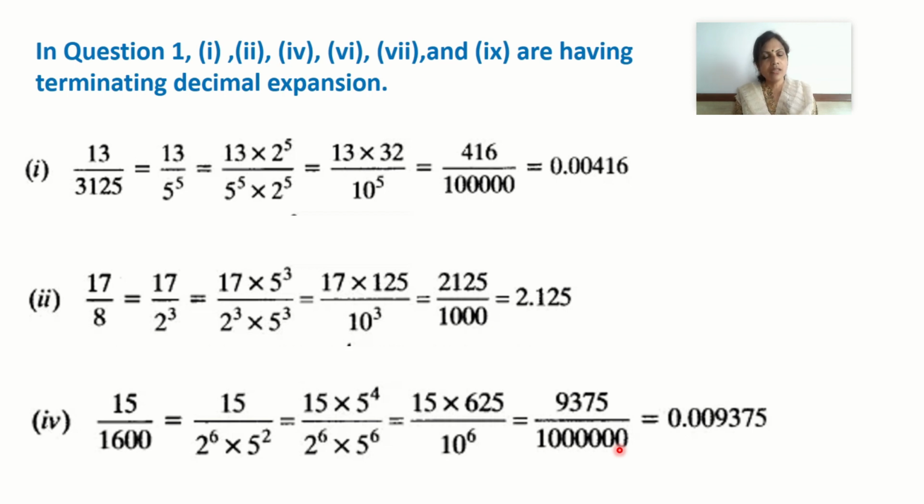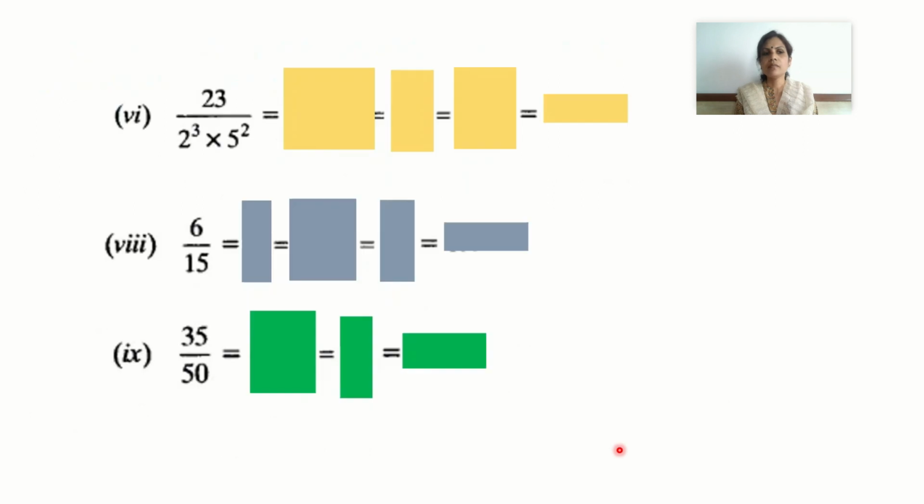Children, the other method is you can actually divide the number. So when I am writing 15 divided by 1600, do the actual division method, put the decimal point, and then you can also solve it. That is the alternative method of our normal division. So actually write down, if I consider the second sum 17 upon 8, so actually divide 17 divided by 8 and then go on till you get the remainder as 0. Alright, let us move to the next sum.